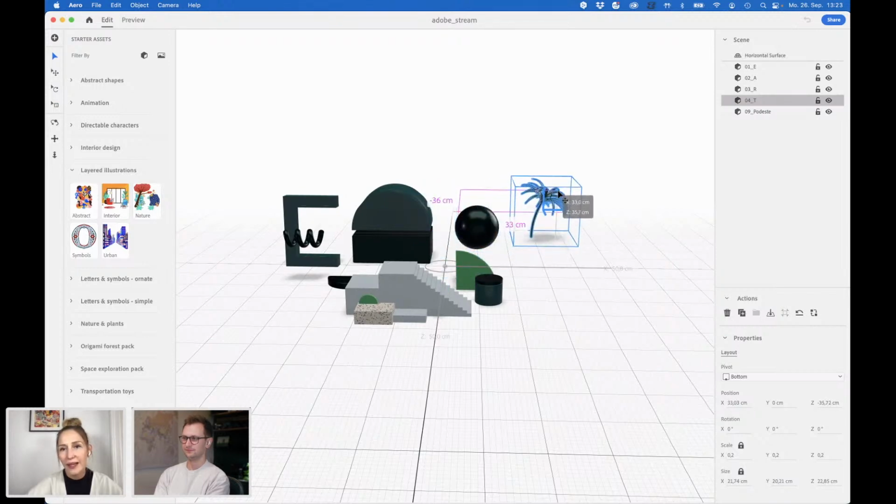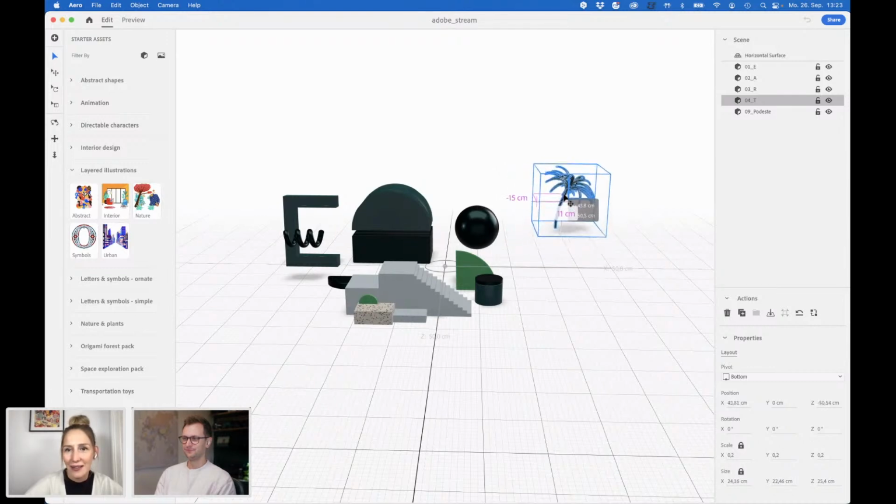Here we go. In the end, we want to create something that we can go through, or has some nice dimension. So I'm placing some elements more in the back and some more in the front.